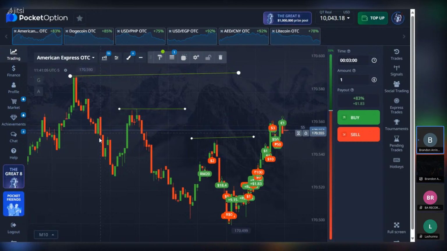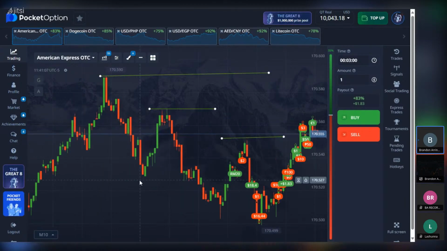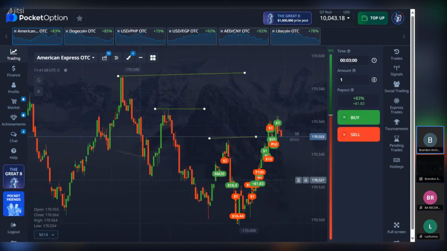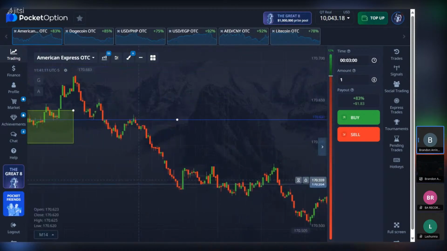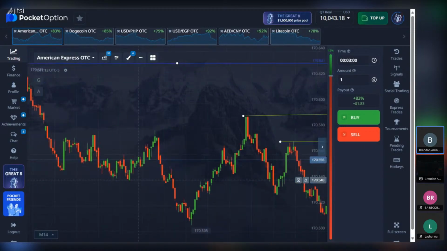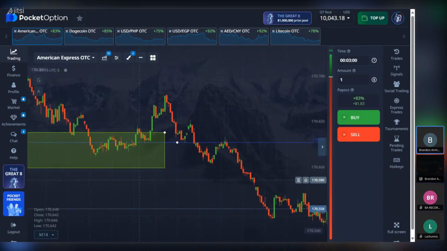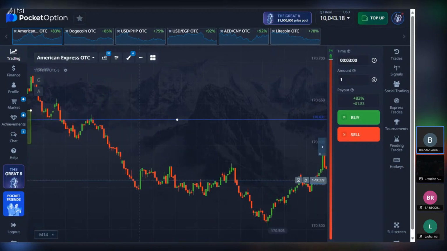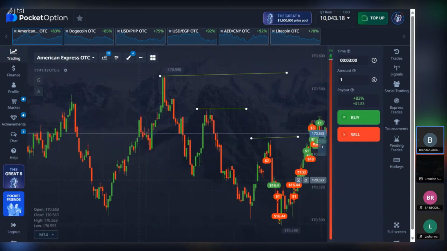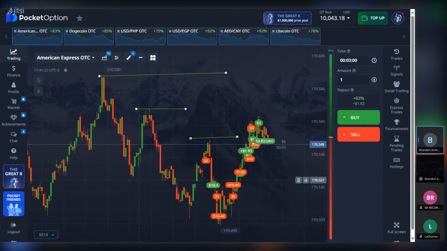So everybody that was selling at that high, let me see, can I zoom out? Everybody that was selling way up here, all the way up there, if they still in a trade, they gonna eventually get taken out. If they got a crazy high expiration,